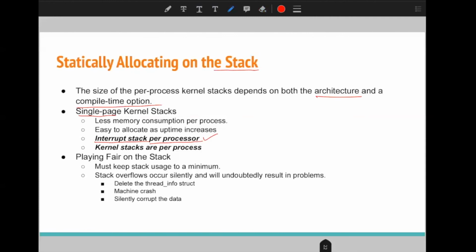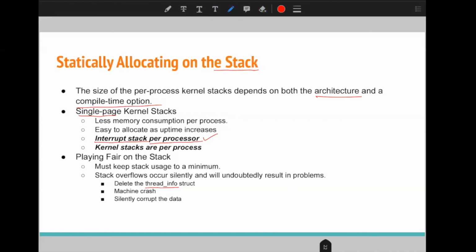So we always try to minimize the usage of the kernel stack, because when an overflow of the kernel stack happens, it can lead to multiple problems. It can corrupt other processes' data or some other important data in the kernel space. For example, as we have seen in the processes video, the thread_info structure is stored at the bottom of the stack.